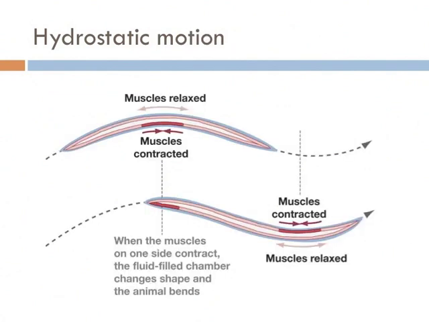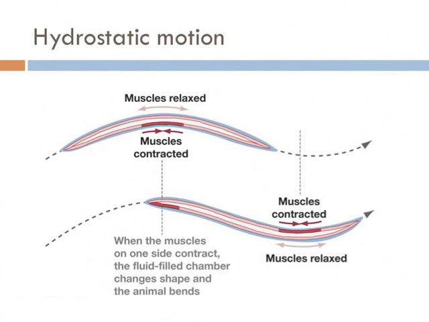Their bodies are filled with a fluid, and the muscles in the body contract and relax in a pattern that allows the fluid inside the coelom to move back and forth. In this way, worms can move. And if you've ever gone fishing, you know worms are wriggly, and the reason is because of how they contract